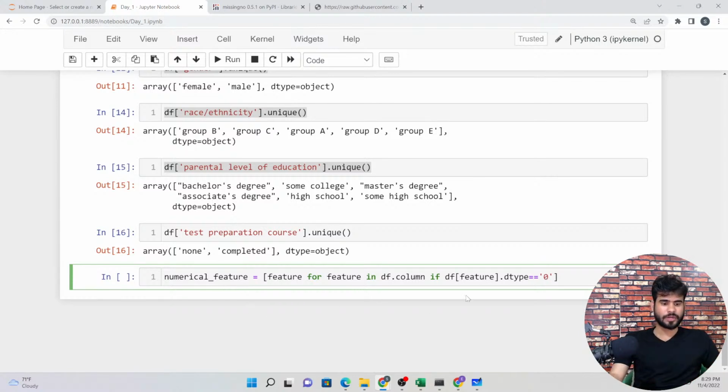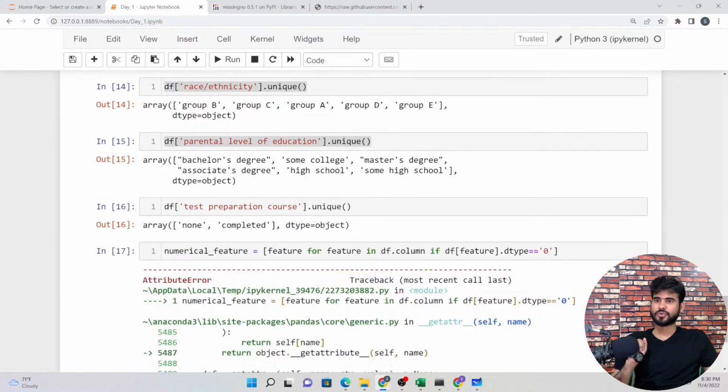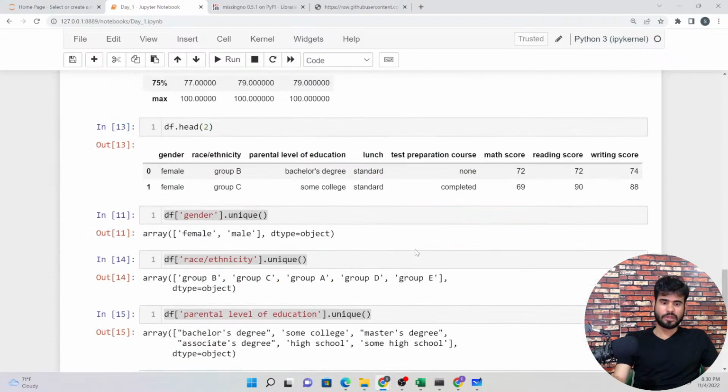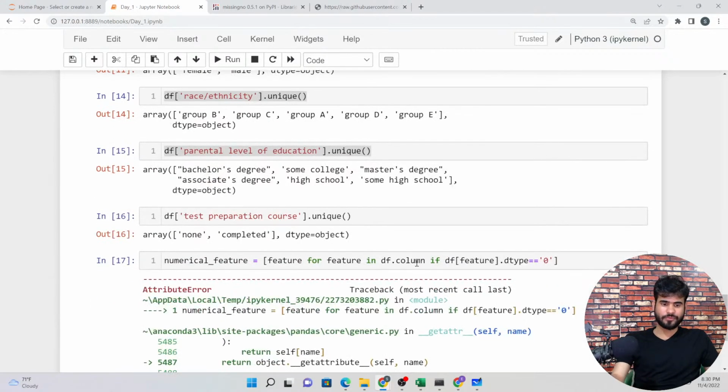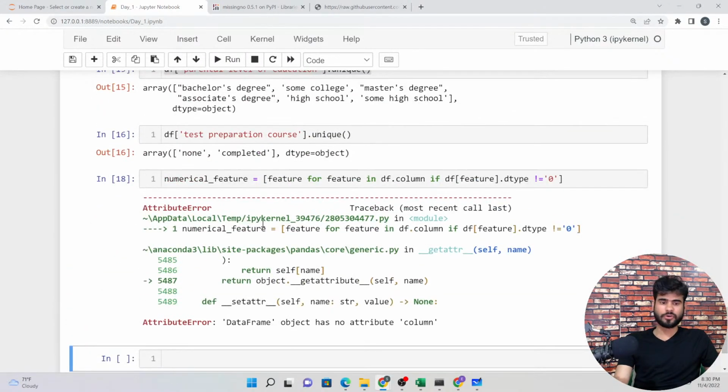Let me run this one. Looks like I will get some issue. Yeah, column name. Okay, df not equal to. Again I am getting an issue, DataFrame df.columns.